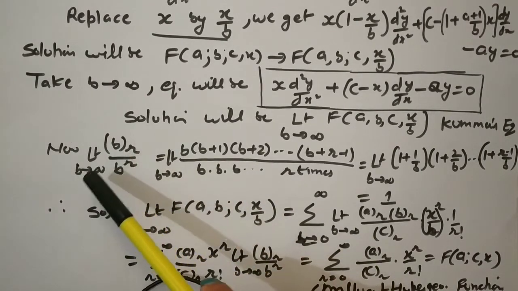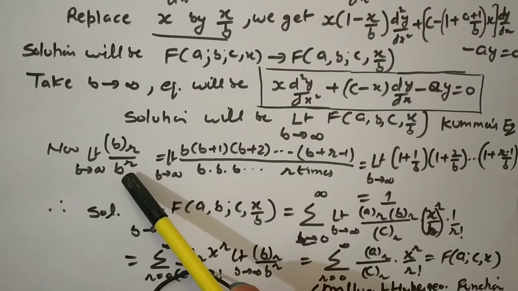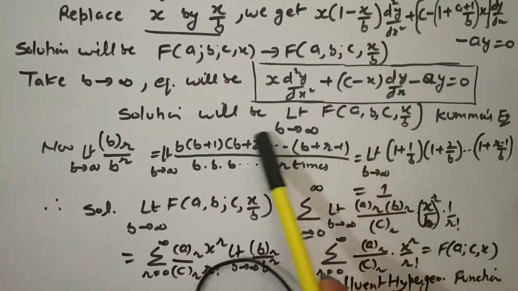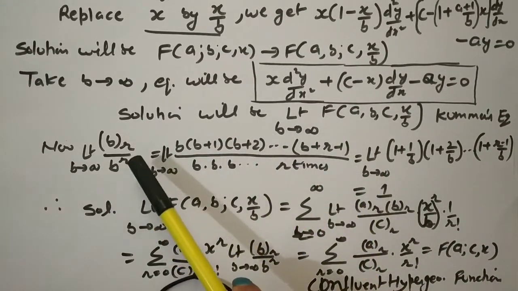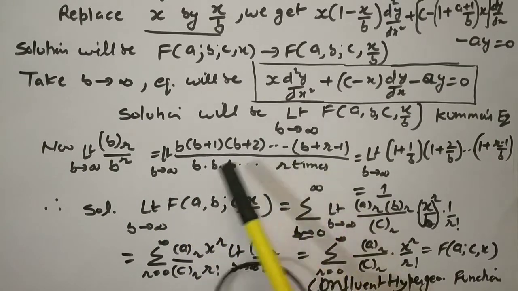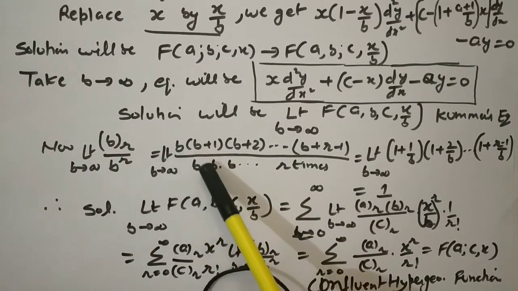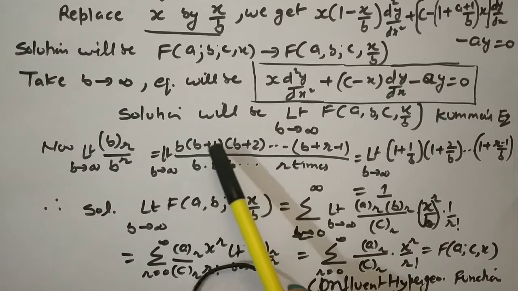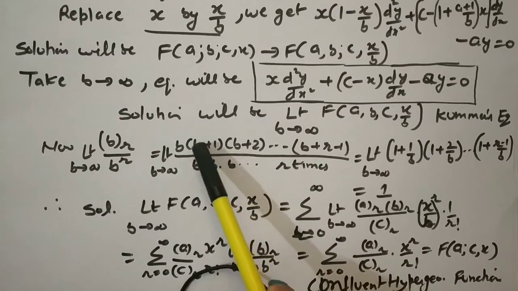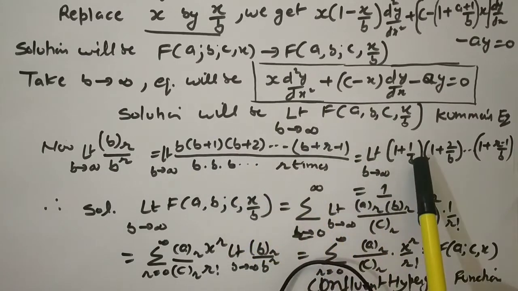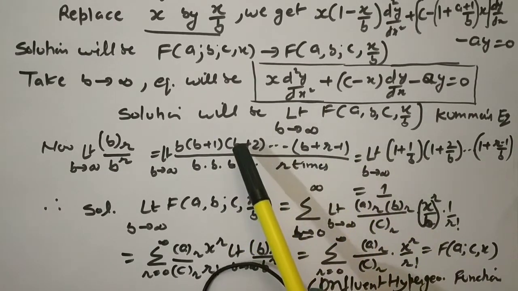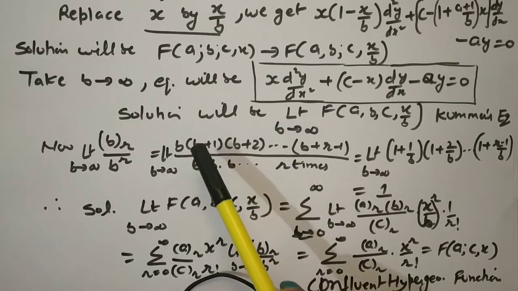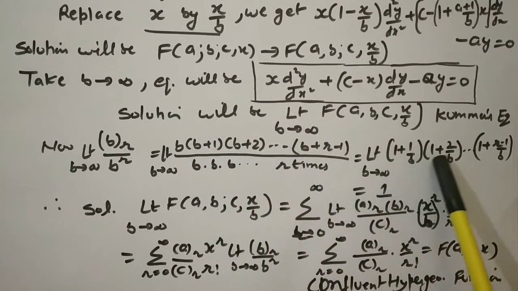So we have to find the limit of the Pochhammer symbol (b)r upon b raised to power r. (b)r means b times (b plus 1), (b plus 2), up to (b plus r minus 1). That is the definition of the Pochhammer symbol. B raised to power r means we can write b, r times. Now we divide by b below each term. B upon b will be 1, then (b plus 1) upon b, which is 1 plus 1 upon b, that will be the second term. Then (b plus 2) upon b, and so on, you separate each b below each bracket. You'll get this type of expression.